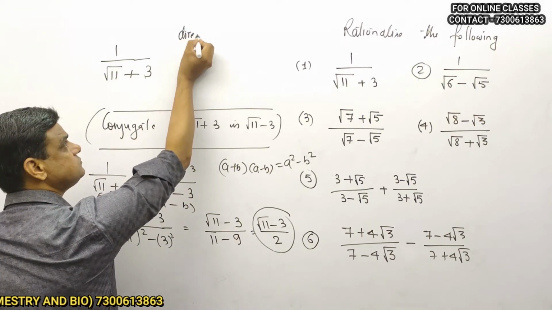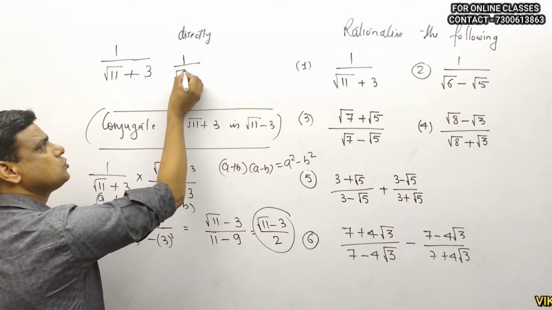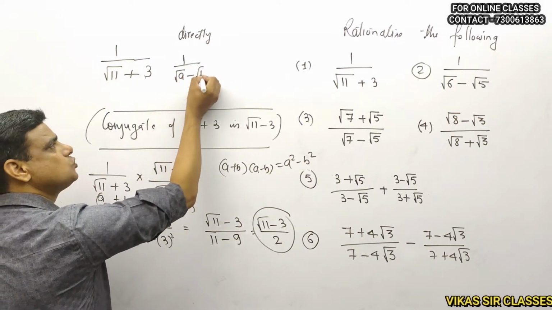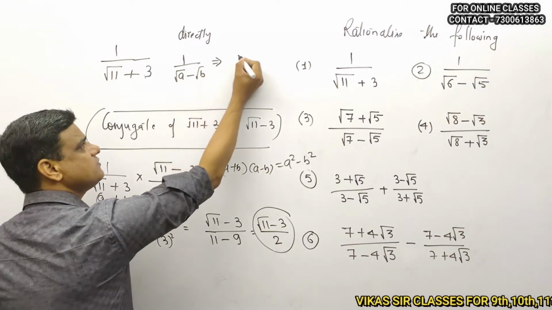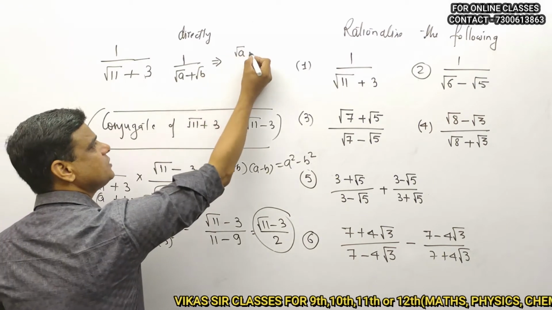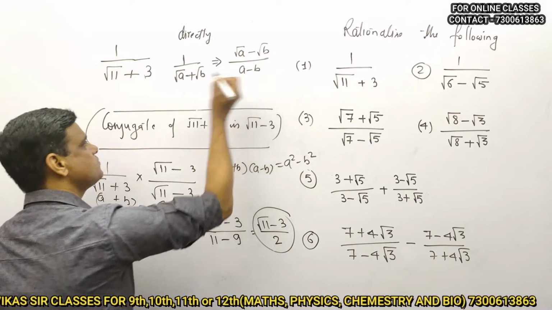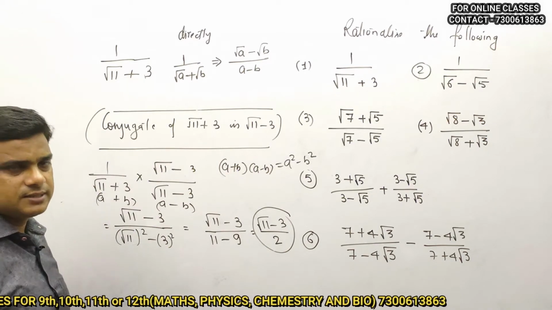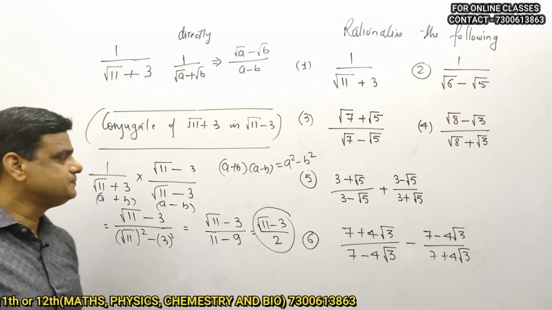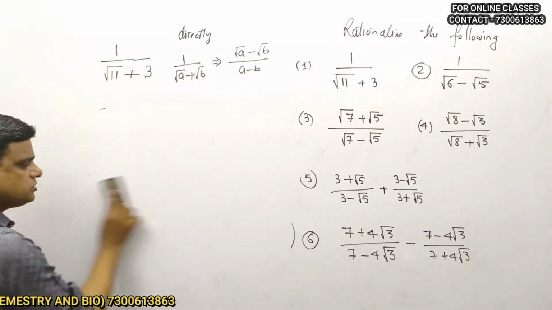So you can say directly, 1 upon root a plus root b, the answer will be root a minus root b upon a minus b, right? Okay, let me give you an example. Just see on the board. Suppose the question is